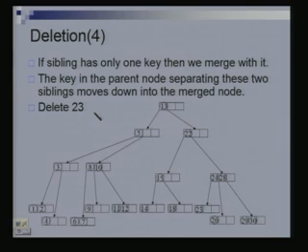Okay. So suppose I was trying to delete 23. So 23 is right here. If I delete it, this is an empty node. So I try to borrow from a sibling. Now there is a small catch here. How many siblings does it have? 1 and 2. But I cannot borrow from this one. You see why?